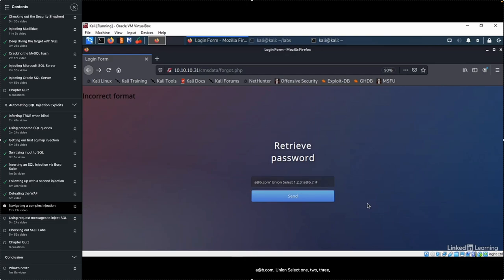a@b.com, union select 1, 2, 3, a@b.c. And we get a valid response from the system saying that an email has been sent from parameter 4 to parameter 2. We have to keep column 4 as an email address, but let's try replacing column 2 with our user function. a@b.c,